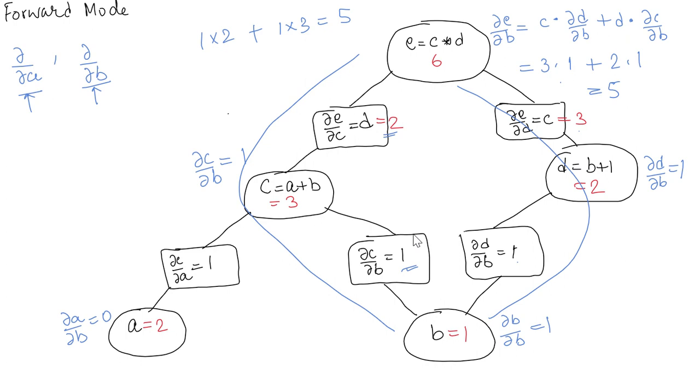The problem with forward mode differentiation is we have to compute the derivative with respect to each input on the entire graph separately. So once we are doing it for A, then again we will do it for B. And if there is some other input node, S, T, whatever, so for each input node, we will have to compute it on the entire graph. This is not efficient when we have a large number of inputs. That's why we said when there is a large number of inputs, we use the backward mode differentiation. So let us look at that.